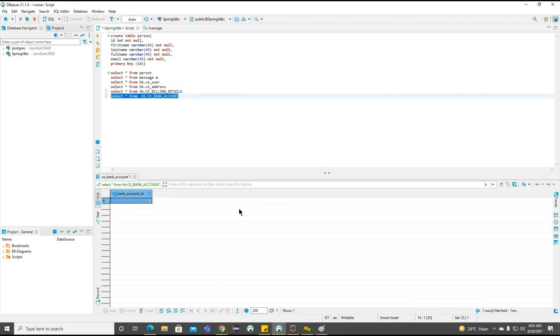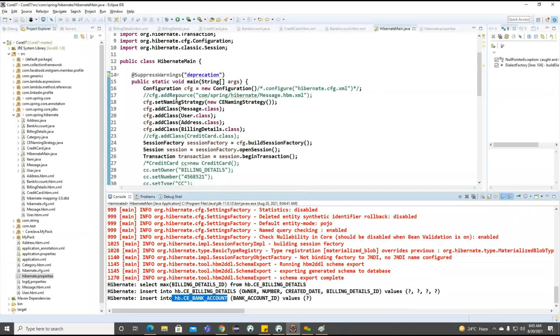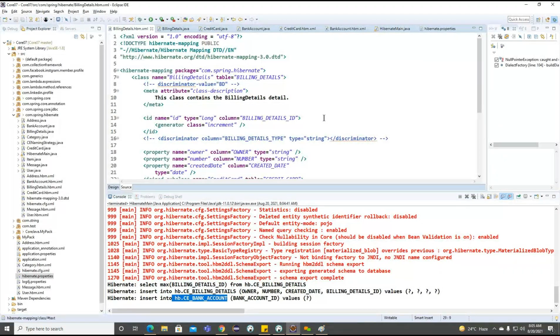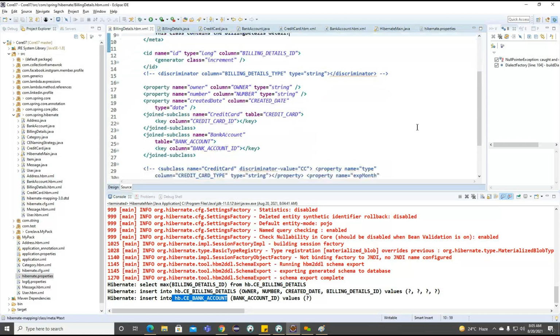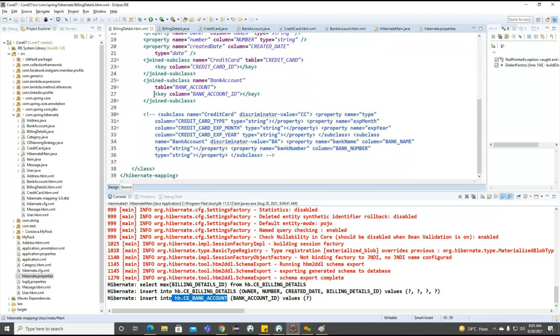Only 1 column is created here. What about the remaining columns? If you observe, the remaining columns we did not provide in our billing details table here. Only the key column we provided here. Right. So now we need to provide the remaining columns as well.